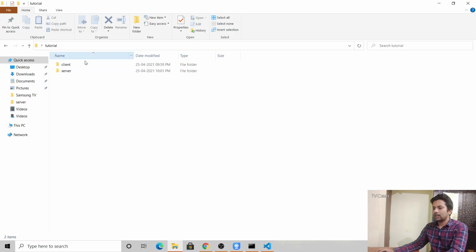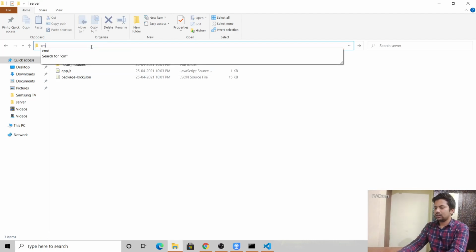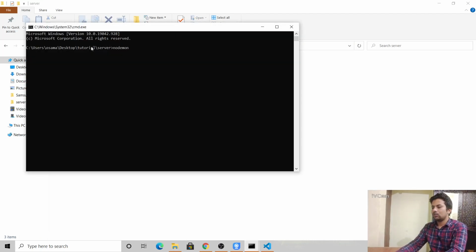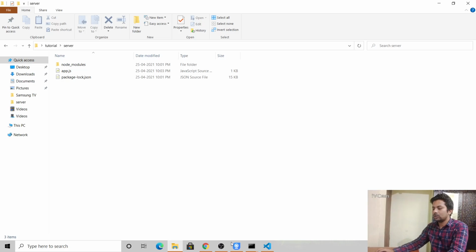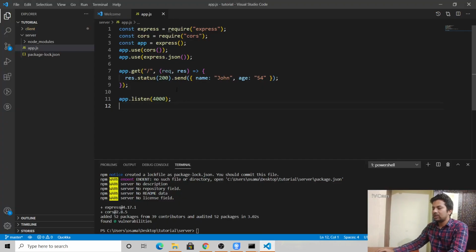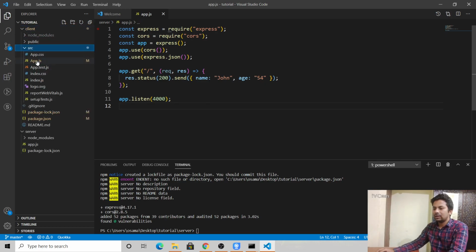Let me go back here, go to server in cmd, and run nodemon app.js. Nodemon should be installed on your system previously, that's why I'm using it. Basically, let me cut back to the client side.